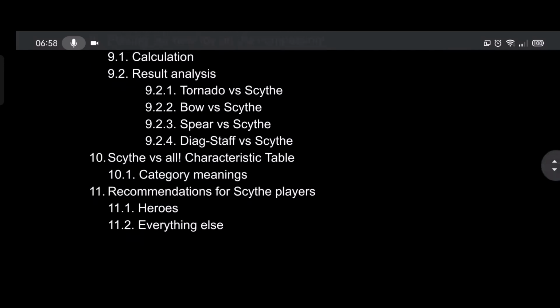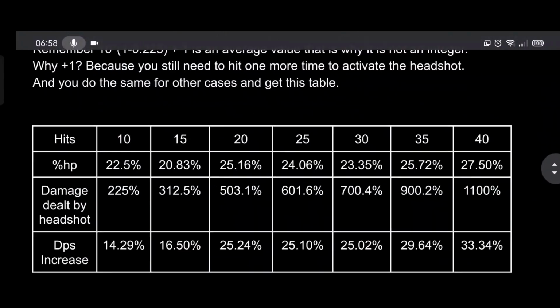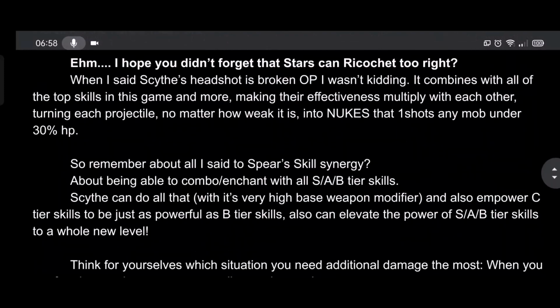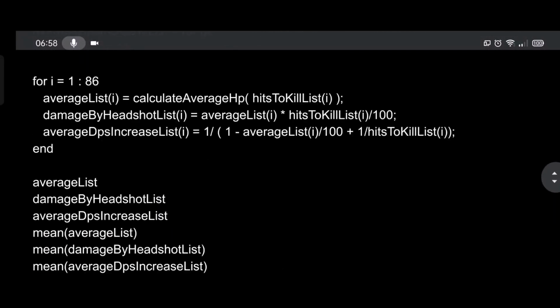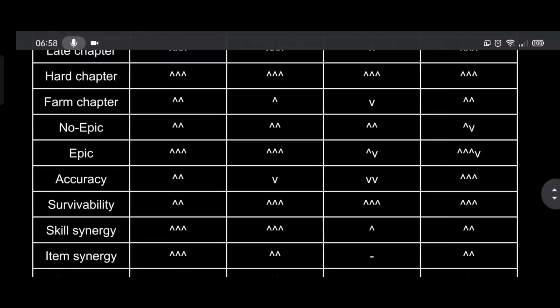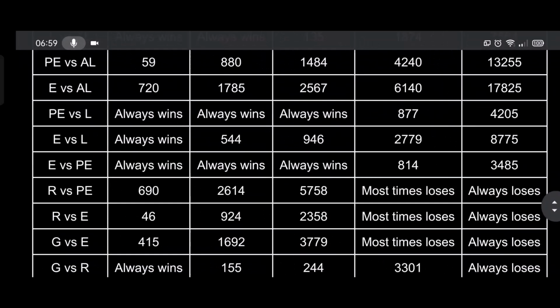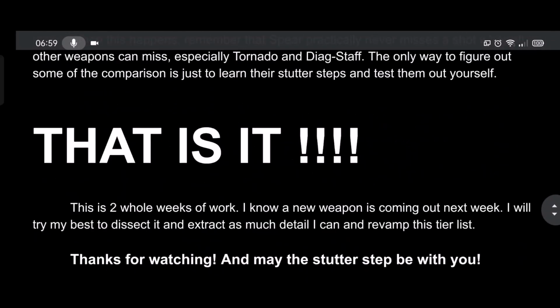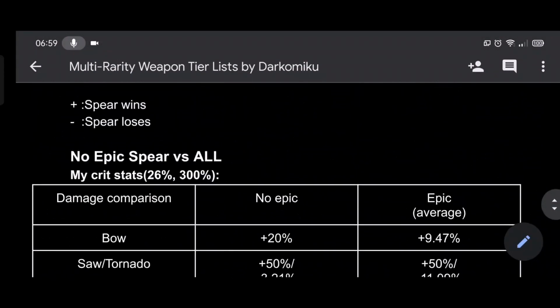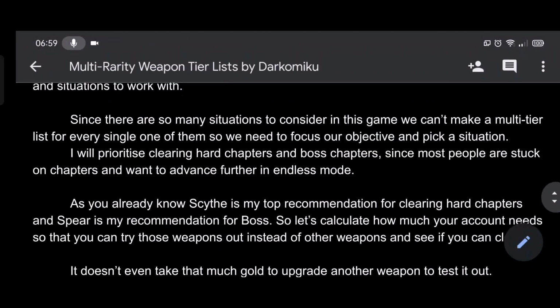And then heroes and everything else. As you can see on the right side of my scroll bar, it was near 60%. So let's see. The last thing is